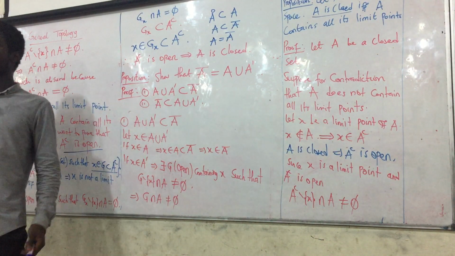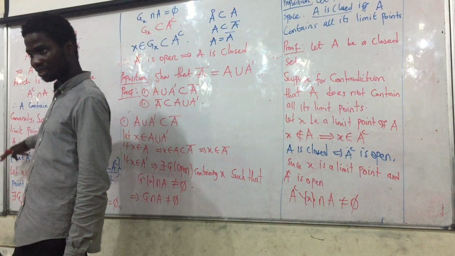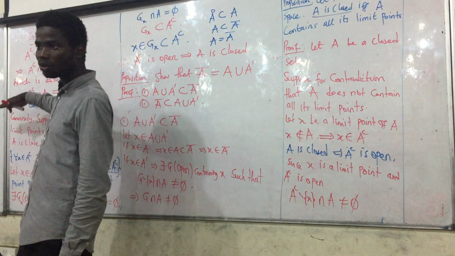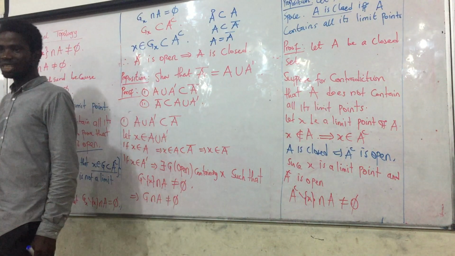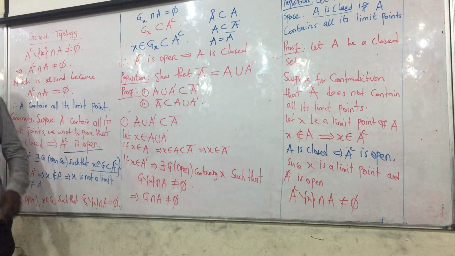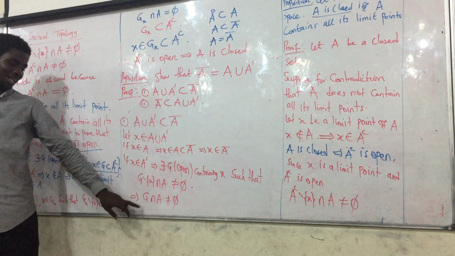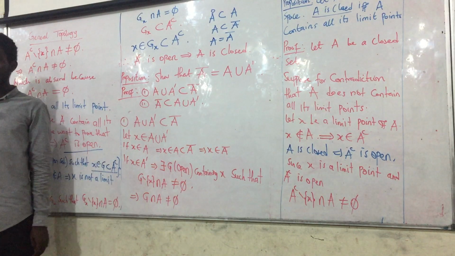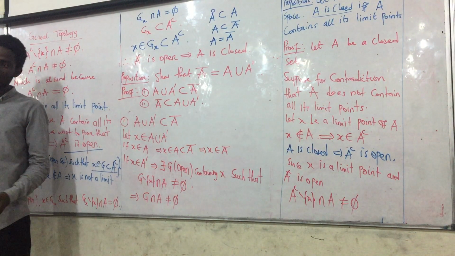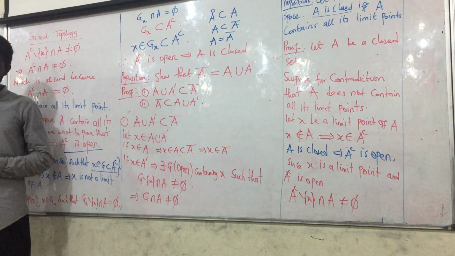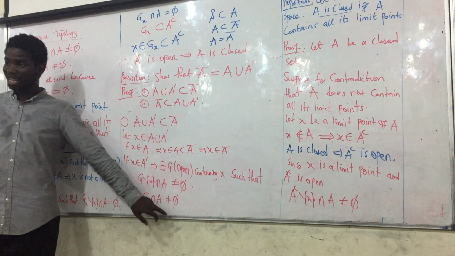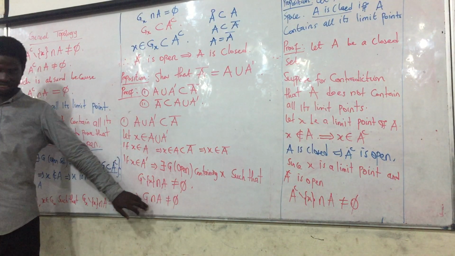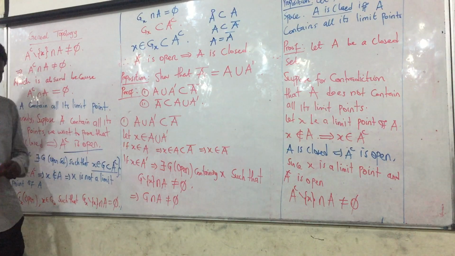Go and check the first thing I wrote when I started this class, the definition of closure I wrote. What did I say? S in A is said to be in the closure if G intersection A is not empty. So I have G intersection A is not empty. That means that